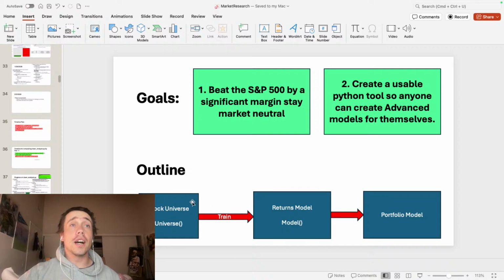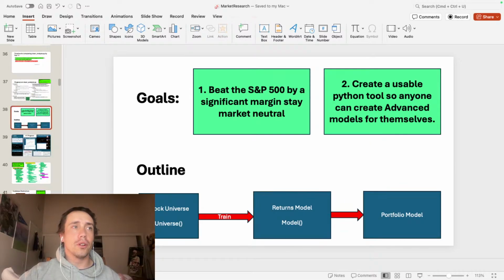So this is the outline. I have data going back to 2011. You don't want to use all data. You want to isolate a stock universe to train your model on. So I've done that. I've got a universe which works well. I found a model which works well a little over a month ago. And then I implemented some portfolio strategies.